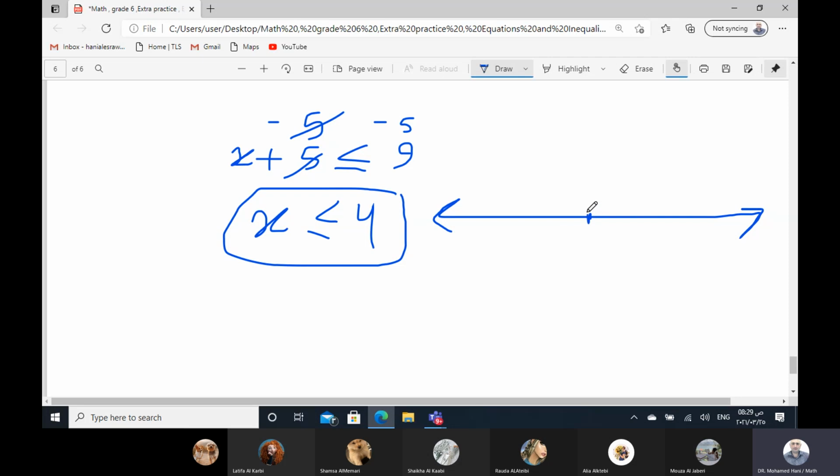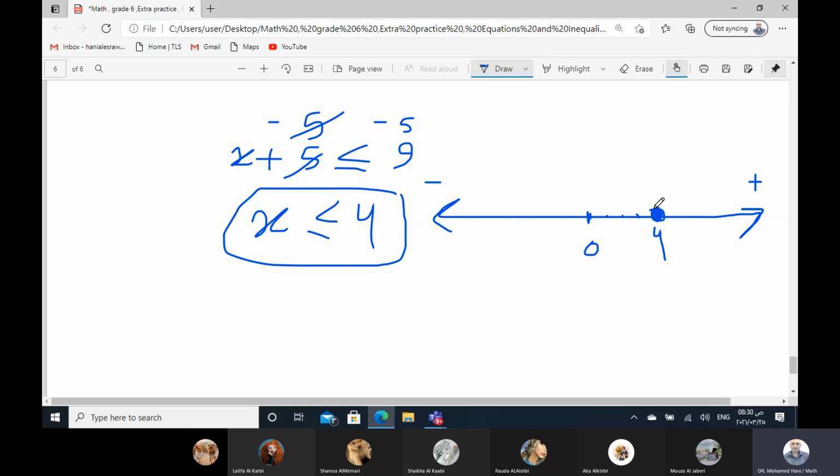then determine 0 in the middle here. To the right we have the positive side, to the left we have the negative side. Then to graph this inequality, represent 4. Here we have 1, 2, 3, 4. If we have equal in the sign, use a shaded circle. If you don't have equal in the sign, use an unshaded circle. Then we have here x less than